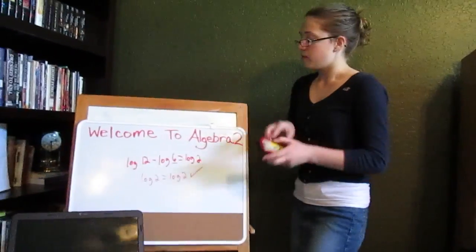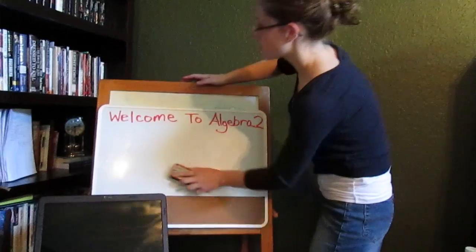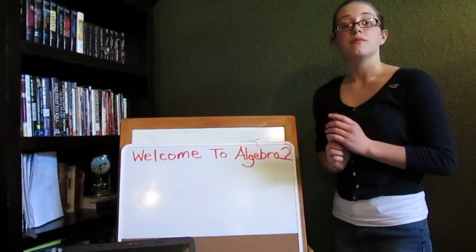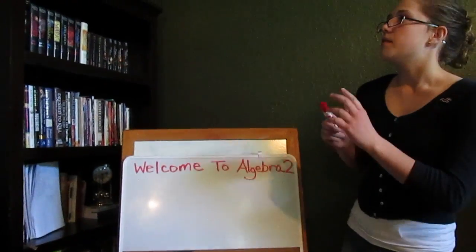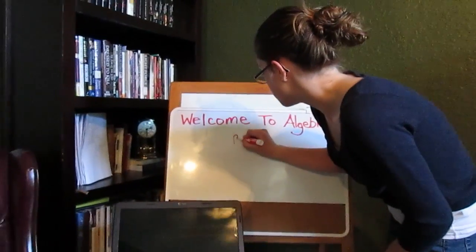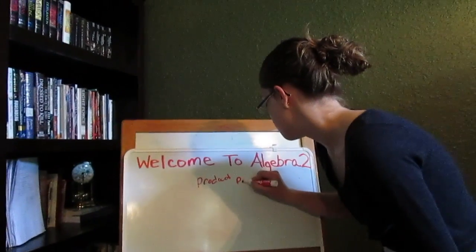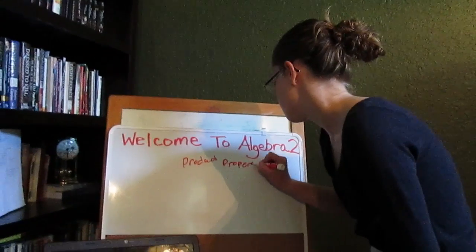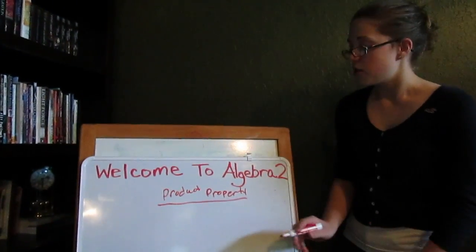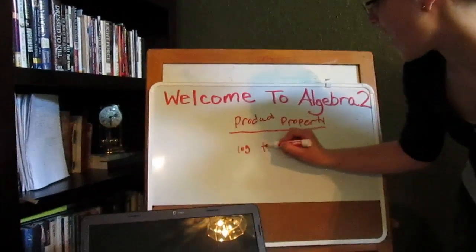The last thing we will talk about is the properties of logarithms. We'll discuss 3 of them: the product property, the quotient property, and the power property. First, let's talk about the product property. The product property states that when 2 logarithms are added,